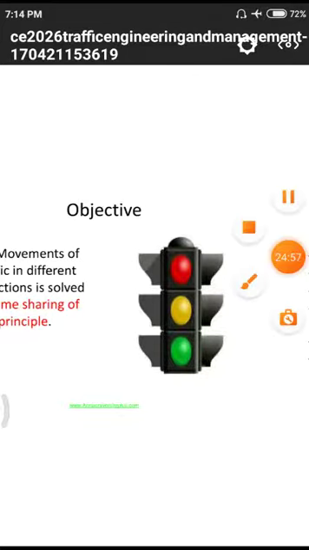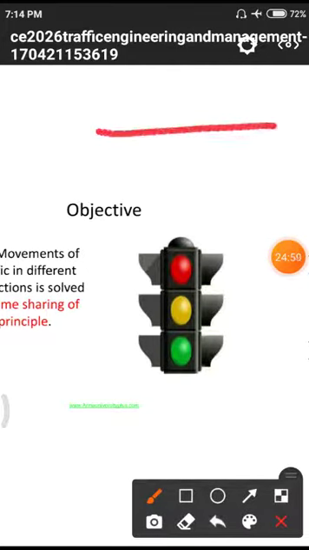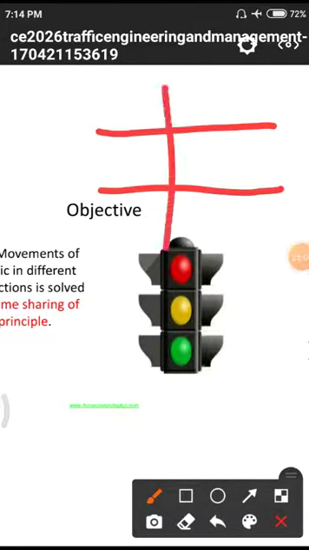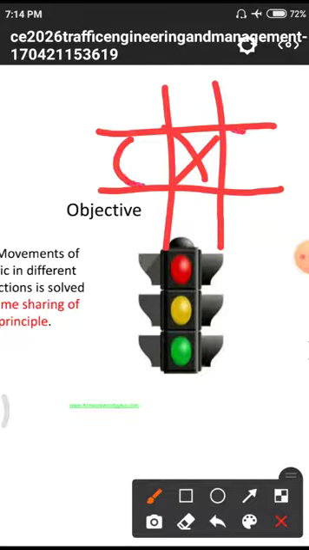I will give a top view. This is the particular point I mentioned. Here we have these traffic signals. All those curved parts are the particular bulbs. Normally a bulb has a curved portion, so that is how I am marking it. This is the top view, and this is the front view of a particular signal.